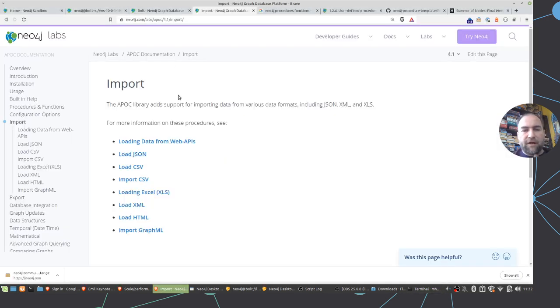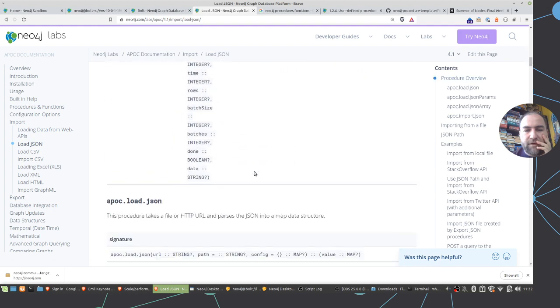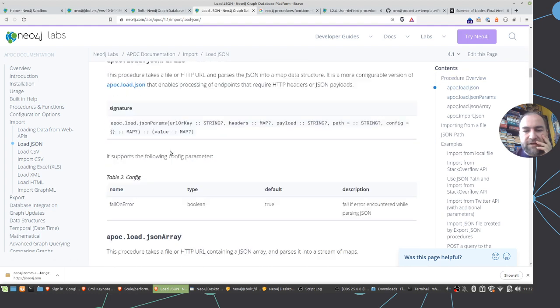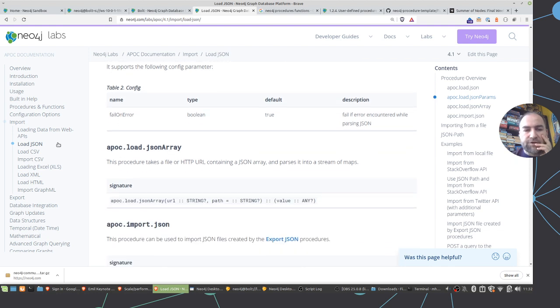Okay. So if you have a web URL, we can just load data from there. I showed this in the past for Stack Overflow. So in Load.json, there's an example for loading data from web URLs. So we can just take data from somewhere and load the JSON, CSV, Excel, XML, and so on. There's also an HTML loader, which is kind of fun. And there was recently a blog post, I think from Mark, who showed how to do the load HTML based on